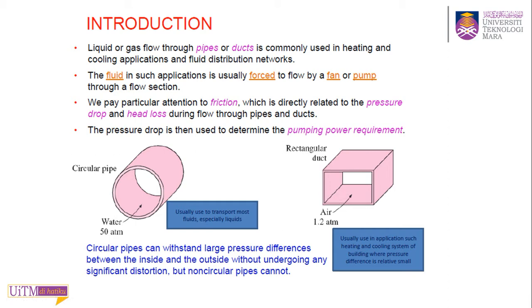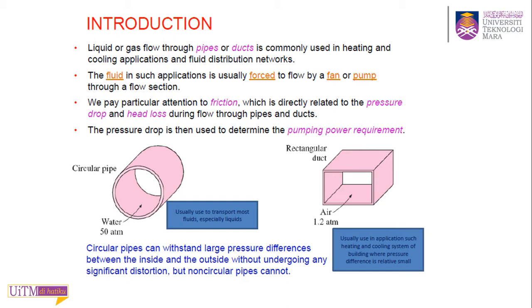Okay, or they cannot sustain the higher pressure. Normally the circular one can sustain the large pressure difference. So that's the introduction. You have a fluid flow inside the pipe, and because the fluid flow has friction, you have the pressure drop. So we need to calculate that pressure loss in order to know what the pumping power